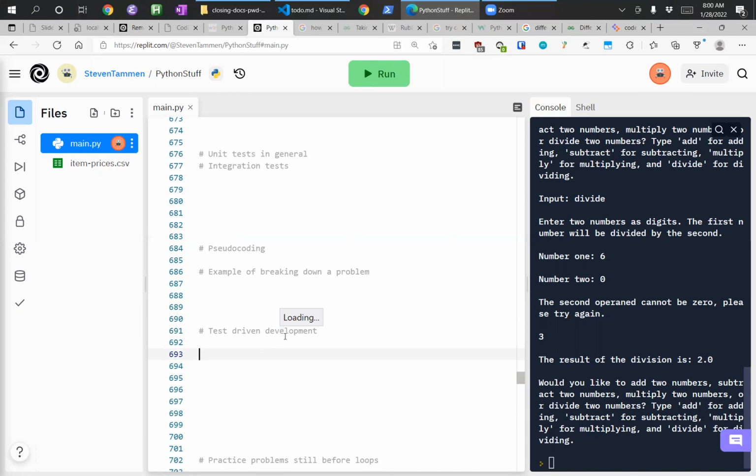TDD is very, very useful in some contexts. However, it forces you to program in a very specific way. Most specifically, I don't remember what they call it, I think usually they say red, green, refactor. That's the terminology used for test-driven development. First, you want to make the test fail. So you've written your unit test, you've already written it, and now you're starting development.